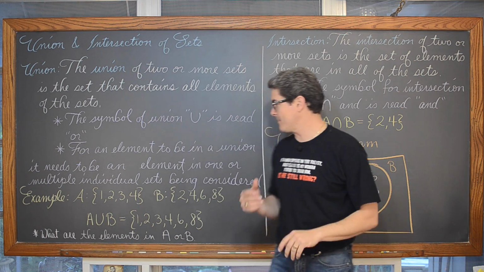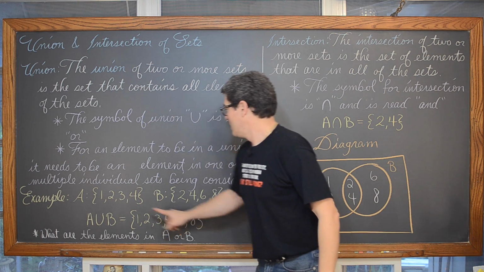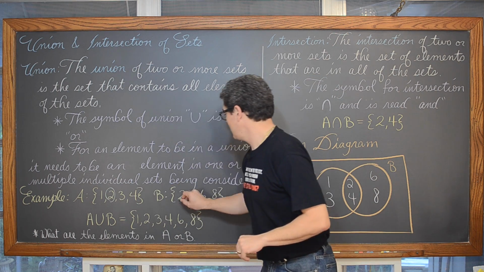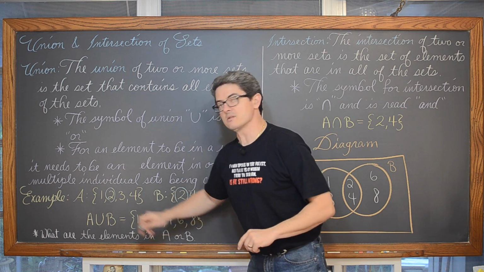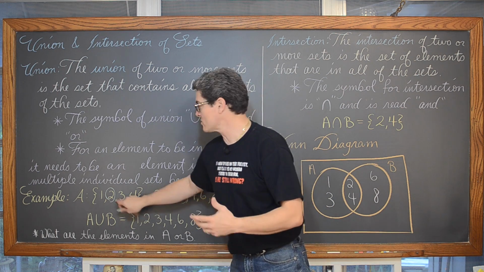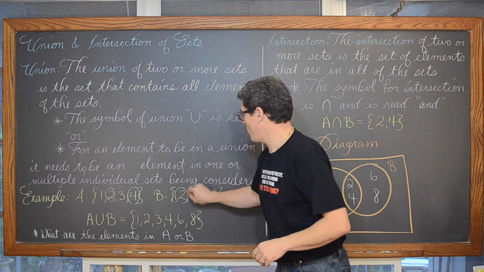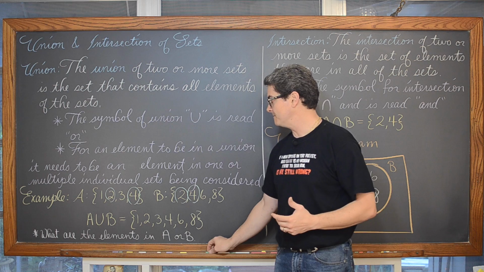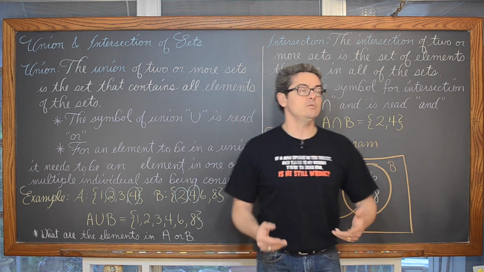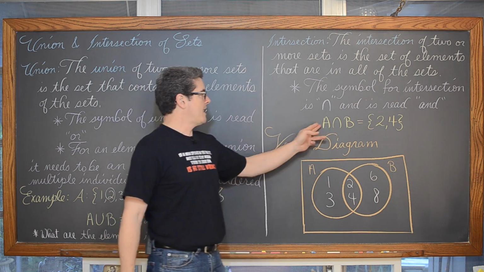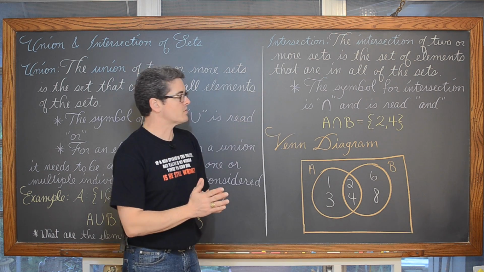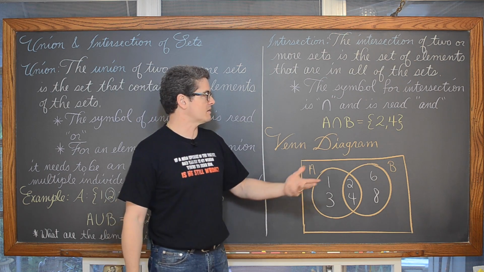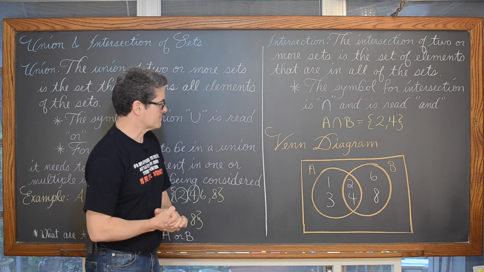And I'm using the same example. Well, we have 1 is only in set A. The 2 is in both of these sets. The element of 3 is only in set A. The element of 4 is in both of these sets. And then finally 6 and 8, those elements are only in set B. Now, we listed all those values for a union, but when we're talking about an intersection, A and B, that's only those elements that are in both of those sets. So the answer is 2, 4, and notice that I did not write each of those values twice.